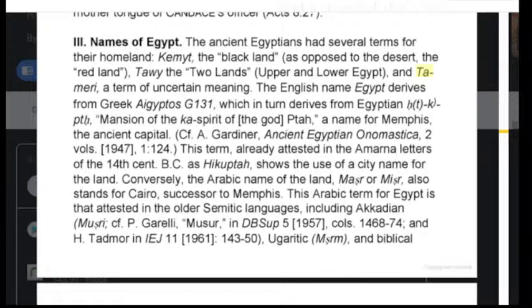All right, so it says the names of Egypt. The ancient Egyptians had several terms for their homeland. Kemet, the black land, as opposed to the desert, the red land. Tawi, the two lands, Upper and Lower Egypt, and Temeri, a term of uncertain meaning. They don't know what it means, but the people know it. The people from there, the people in Africa know what it means. It means the land